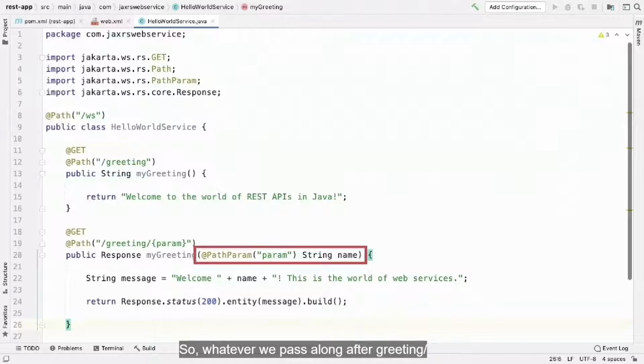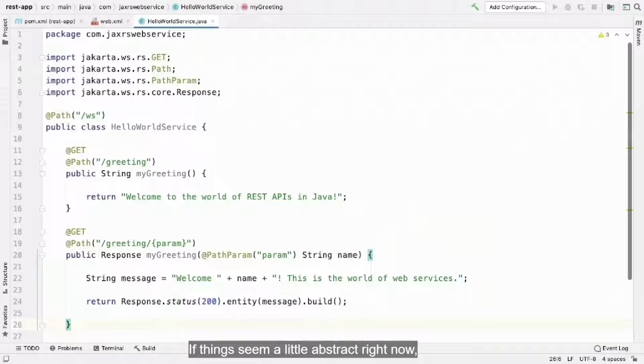So whatever we pass along after greeting slash will be assigned to the argument of name to the myGreeting method. This parameter will be cast as a string. If things seem a little abstract right now, it'll all become much clearer when we test out this function later on. But for now, let's just go along.